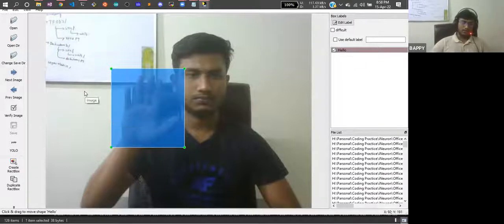Yes, for any object detection you need that tool. But every object detection framework has a different format. Because we are using YOLO v5 now, YOLO v5 only considers the YOLO format. But if you are using TensorFlow object detection, at that time you need to pass the TF record format. So we have to save it as an XML file. If you switch from YOLO to Pascal VOC, it will save as Pascal VOC format, that means